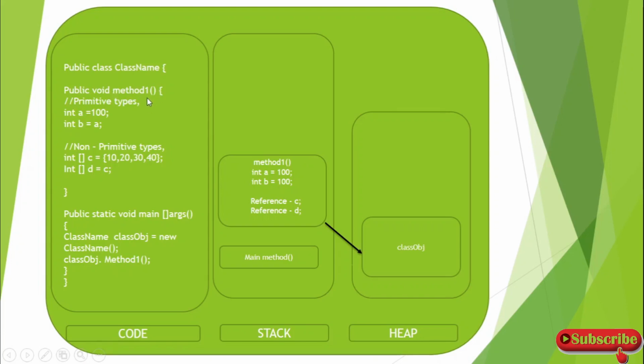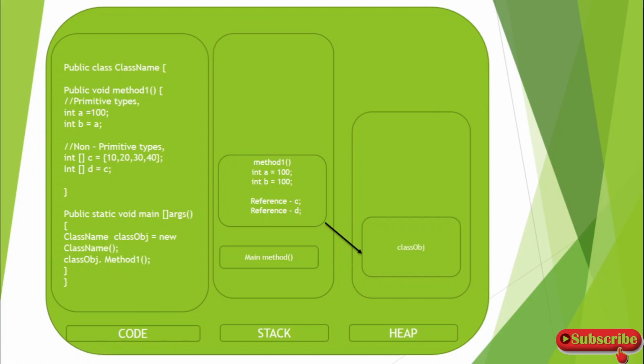And here you can see the local variables that we have created. When you create a variable inside this method, that is called a local variable. This variable types concept we will see in future tutorials. For now, if a variable is created inside a method, that is called a local variable. Okay, and here you can see the int a. So the variables and values, as I said, are stored inside the stack memory here. Inside this method you can see a equal to 100, and here b equal to a, so b is also 100, and that also gets stored inside the stack memory. So both variable and the value get stored inside the stack memory. Okay, so that's the second point we saw.